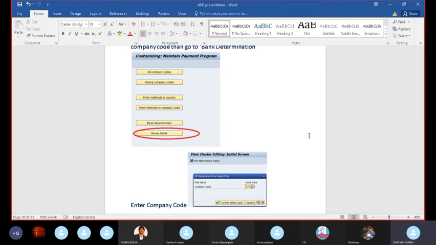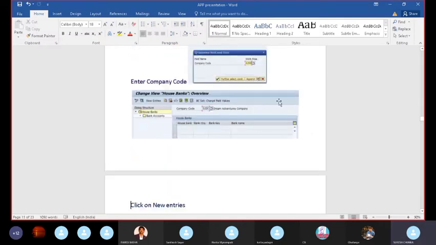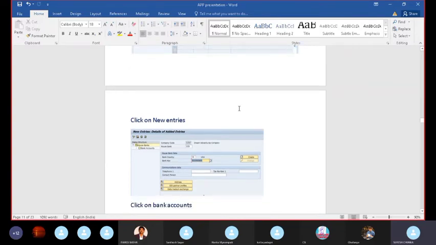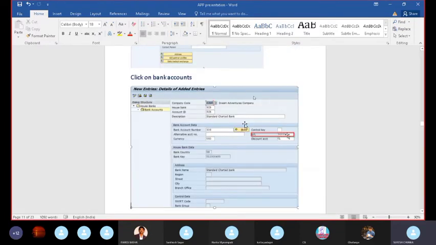And next, coming to the house banks. Before doing the bank determination, you need to do a house bank, where you will get this dialog box for selecting it. You need to give your company code. Once you have selected your company code, you need to map the bank GLs you create. Those GLs you need to link here. You need to link your bank GL, and give the basic details of your banks, like your account number, your bank key, and all these bank details. After giving all this,